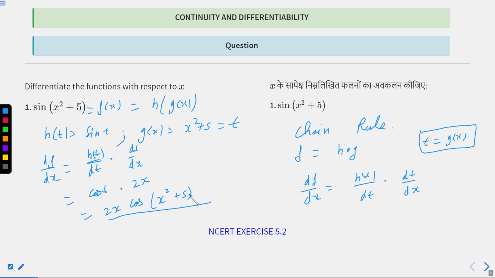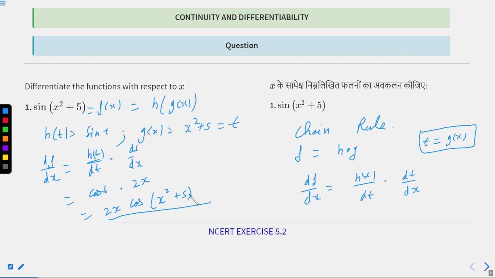That's it. This is for the first question, and I hope you got how we used the chain rule. Don't worry, I'll be doing enough questions to let you get familiar with it. But please give your extra attention to it, as it is a very, very important rule in derivative theory.